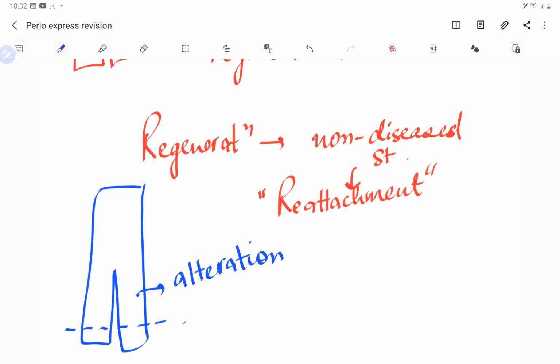So basically it is a kind of alteration. It is a new jeans. There is no disease. There is no tear. There is no patch. Nothing. It's a brand new jeans. But I'm still going to take it to the tailor so that it looks good, so that it is of my height. So it is basically an adaptation of the gingival fibers to the sulcus. It is a kind of repair, but there is no periodontal problem. So I can say repair in an area of root which was not previously exposed to the pocket. So this is, guys, the regeneration, reattachment.